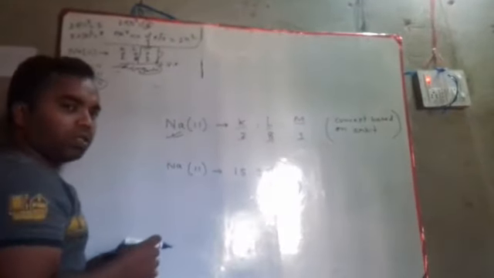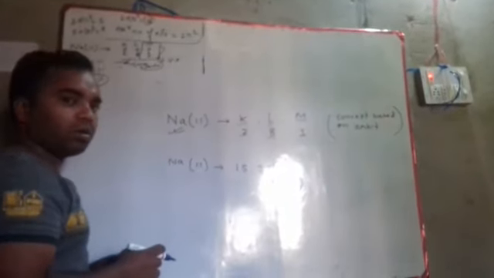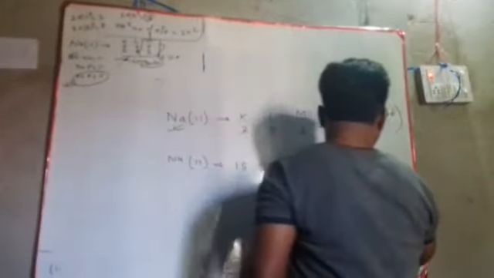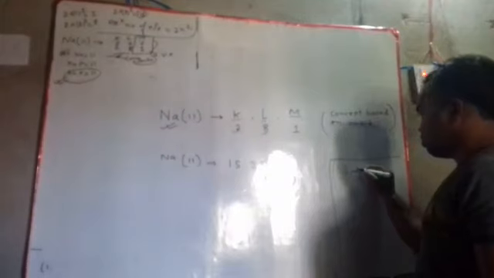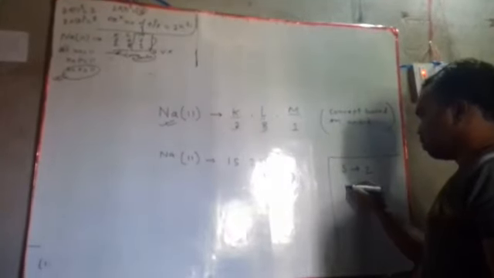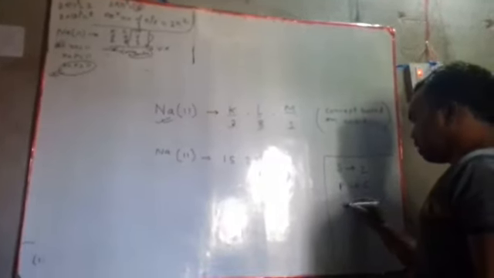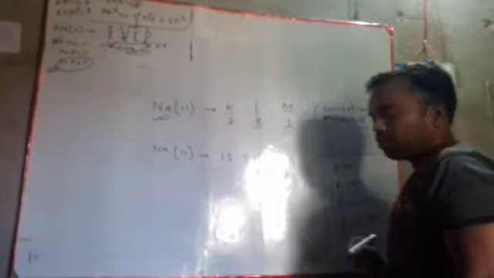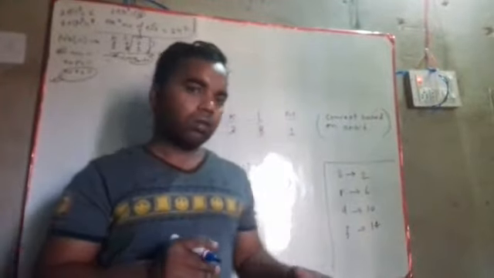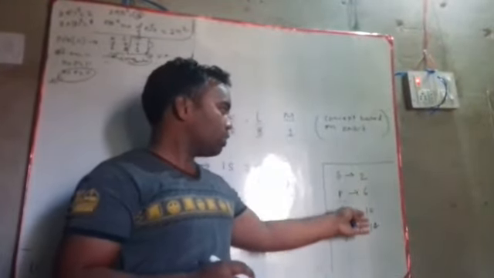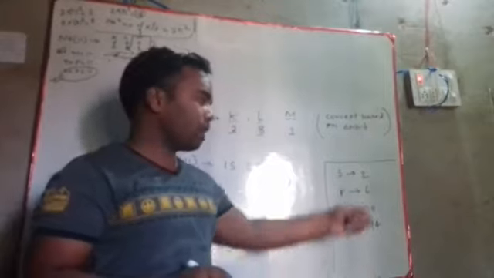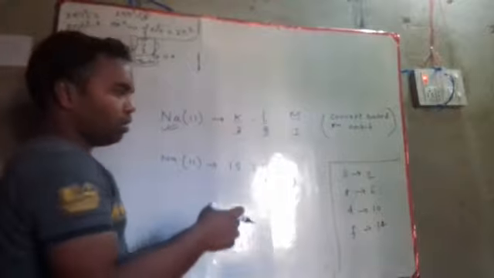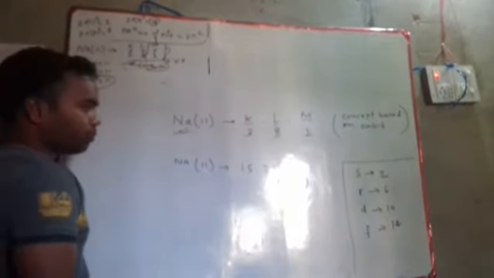Now you fill the number of electrons. What is the maximum number of electrons in each orbital? You see here. In s orbital, you can fill only 2 electrons. P 6 electrons, and D 10 electrons, and F 14 electrons. Only up to these numbers electrons can be filled. This is the maximum capacity of the orbital to have the electrons.